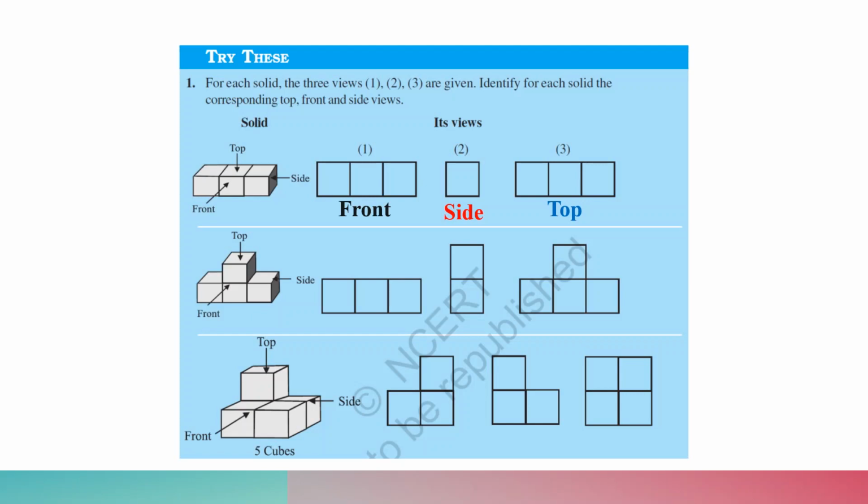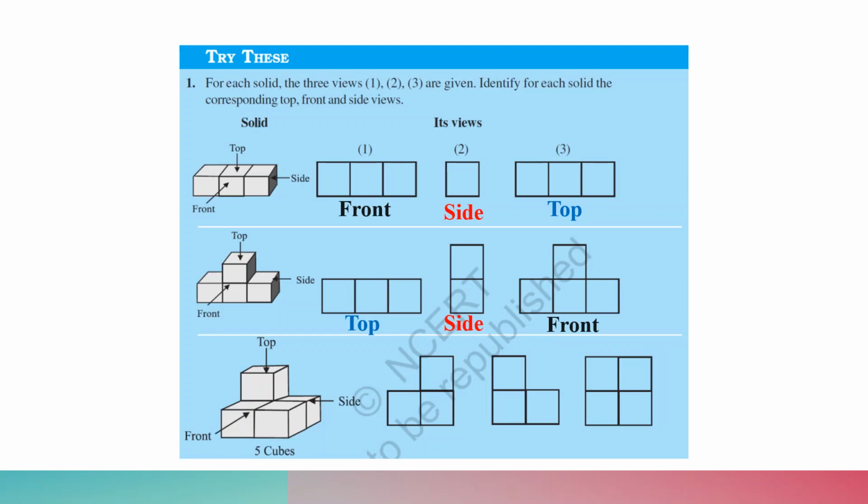So you can see the front view. From the front view you can see 4 squares. From the side view, the colored part, there will be only 2 squares visible to you, and from the top you will see 1, 2 and 3 squares. So the first part depicts the top view of the solid, the second part shows the side view, and the third part shows the front view of this solid. So I hope this is clear to you, how to find it out. The best way is to use the shadow play also. You can use that to find out its front, top and side view.